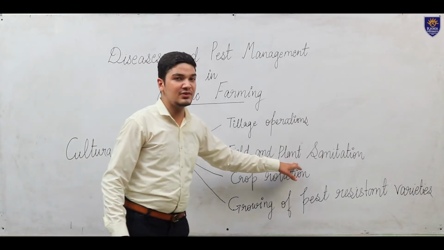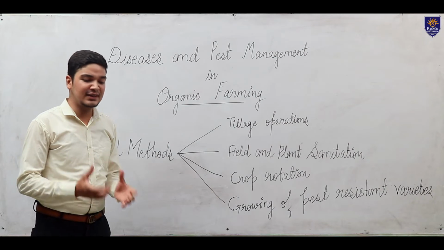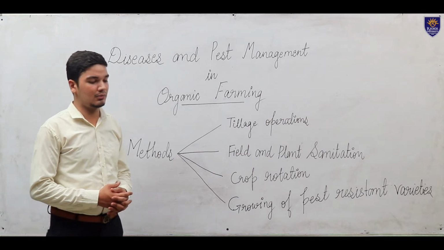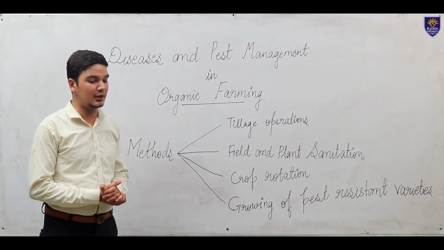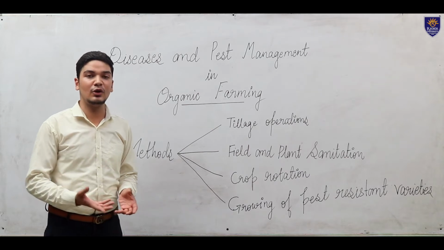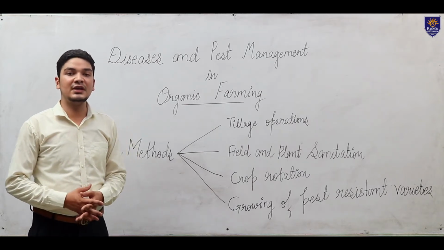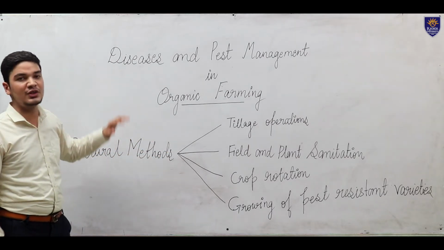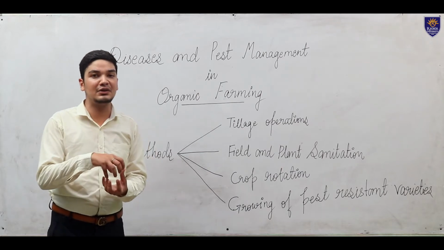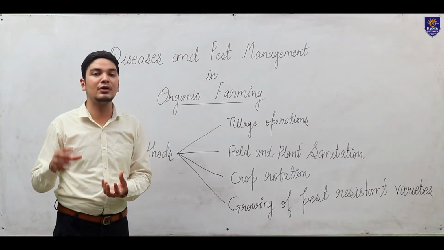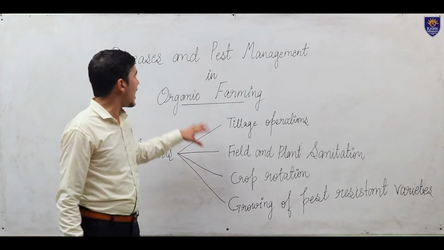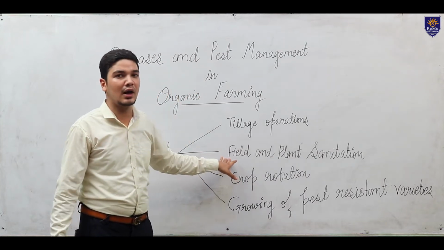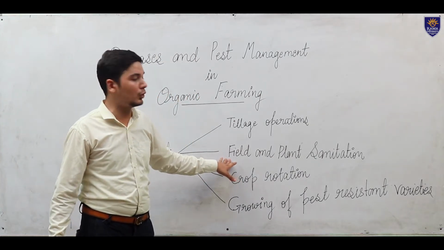In plant sanitization we sanitize our planting material. Before we plant some vegetative part of any plant, or plant some seedlings, or sow some seeds, we have to sanitize all those things so that the disease spores already occurring on the planting material, either in the vegetative part or in the seedling, can be reduced to a minimum level so that they can't harm the main crop when it grows to its full bloom.